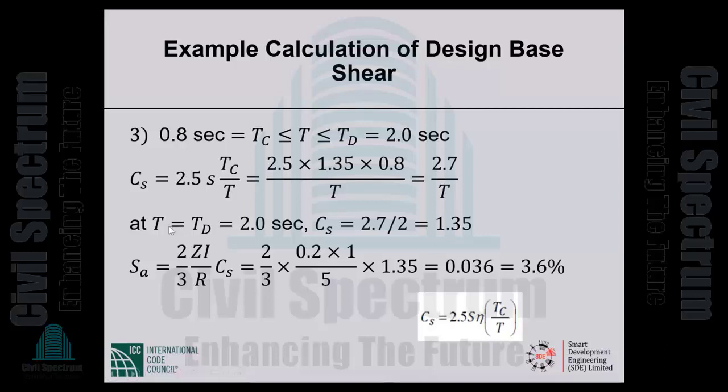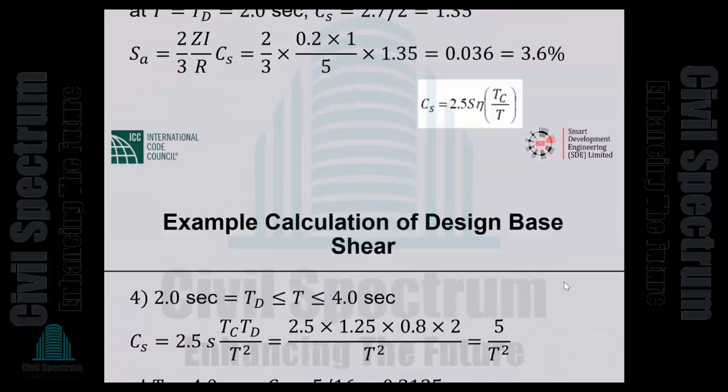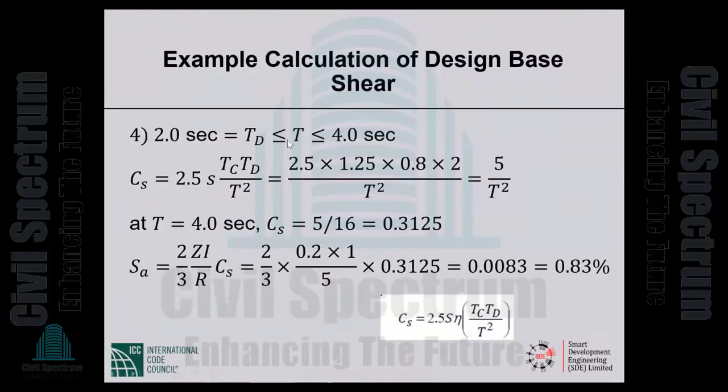At T equal to T sub D, which is 2 seconds, C sub S becomes 2.7 divided by 2, or 1.35. We take the 1.35, multiply by 2/3, Z of 0.2, I of 1 divided by 5, and we get 3.6% for S sub A. And then from 2 seconds to 4 seconds, which is the end of the BNBC spectrum,